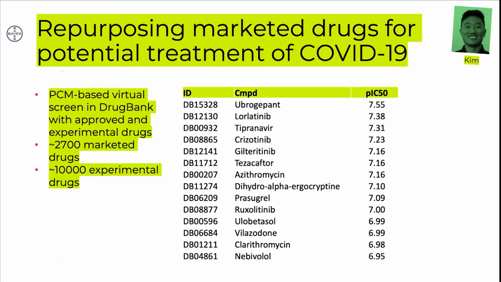In the DrugBank database, we had something like 2,700 marketed drugs and a little bit more than 10,000 experimental drugs. We predicted the bioactivity binding against the main protease, and the result was really striking. We thought, come on, let's wrap it up and submit, and we would have one more of those publications predicting which compounds bind against COVID, as you have seen so many in early February. But we had a little trick.